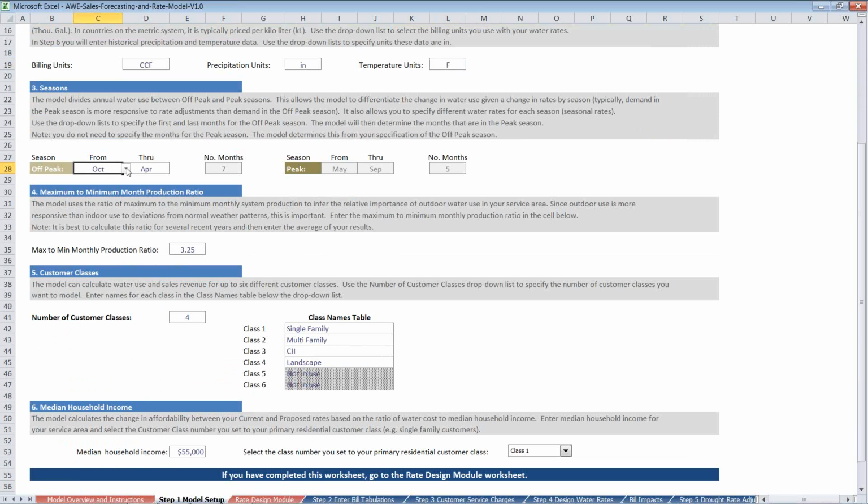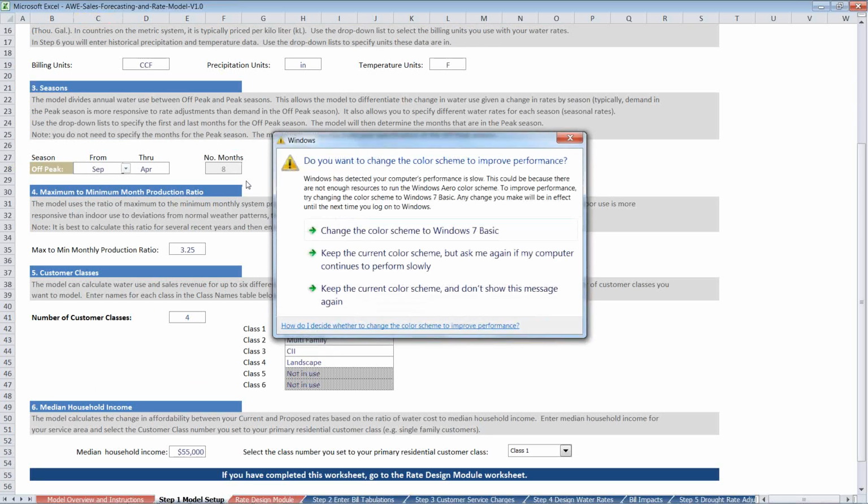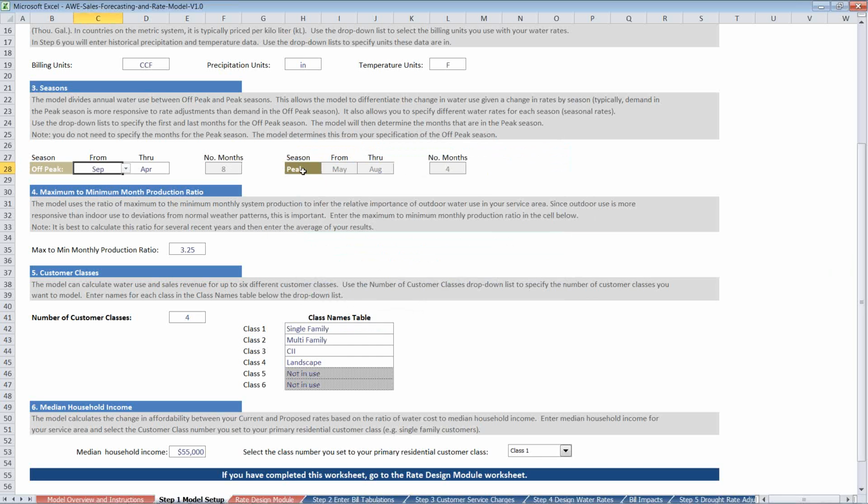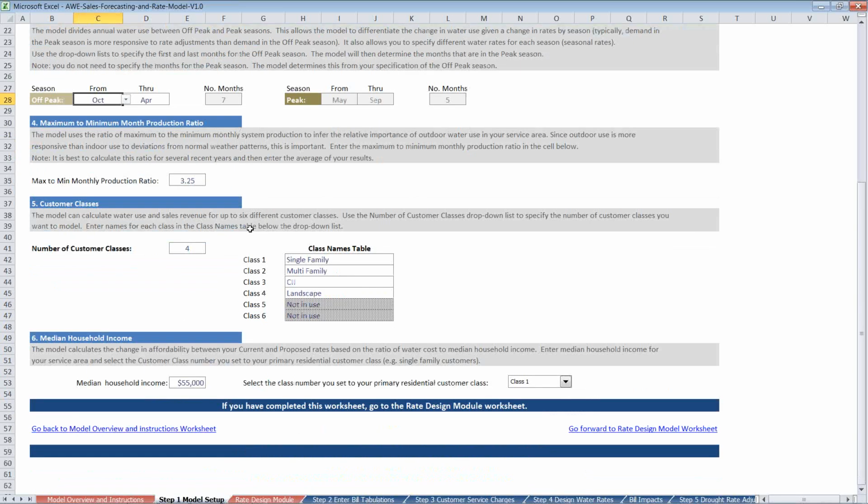So again, you can select from a drop-down list, and you can see it's set to October now, but if I move it to September, the number of months automatically changes to 8, and the peak season changed months as well. So when I change it back, you'll see the August will change to September. So a lot of things happen in this model on the fly, which is a very nice part of it.